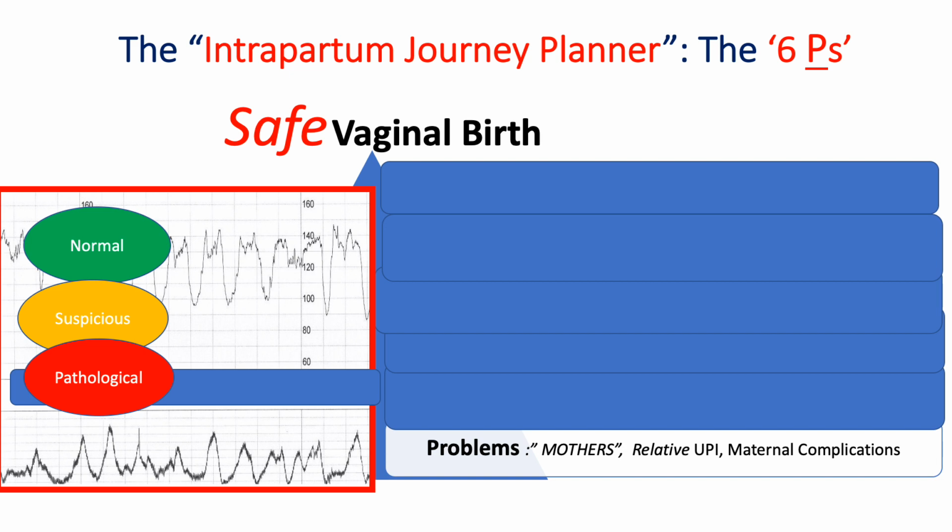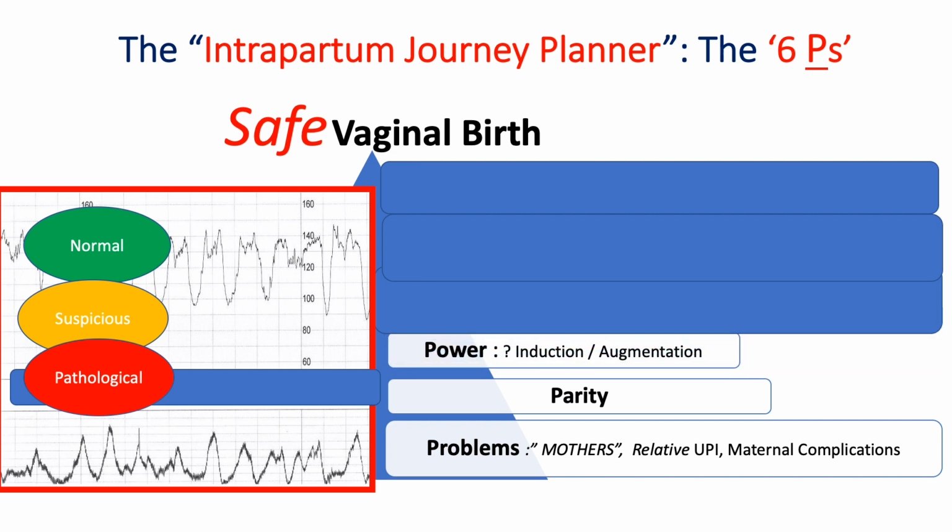So the first P is the problems, the mothers, the wider clinical picture, whether there is relative uteroplacental insufficiency,